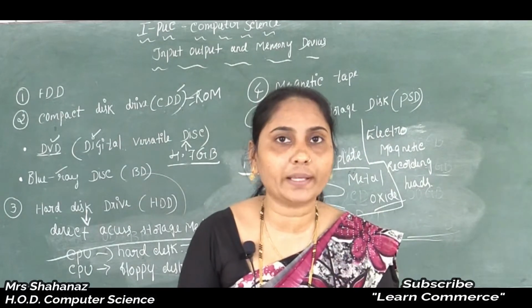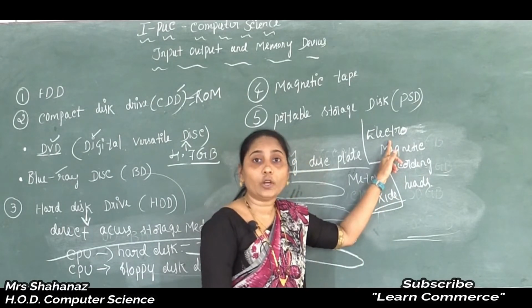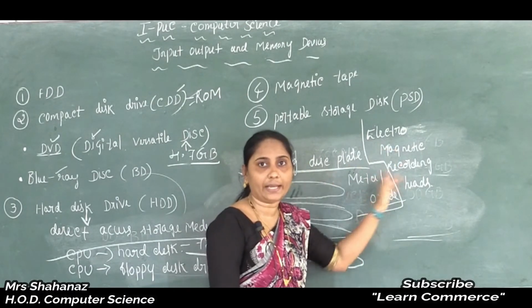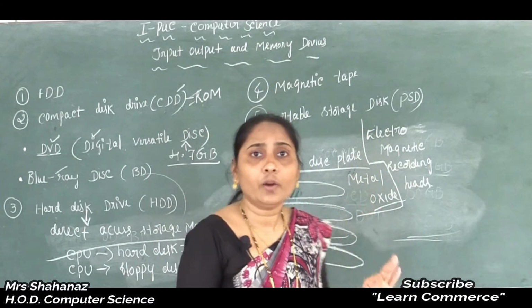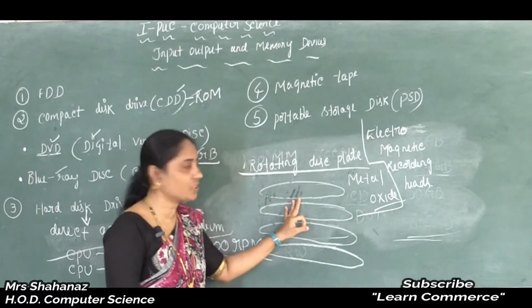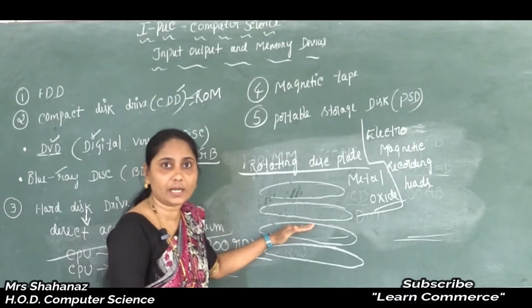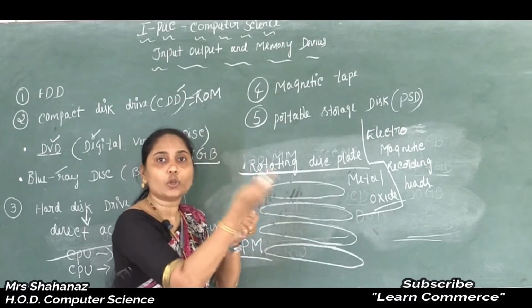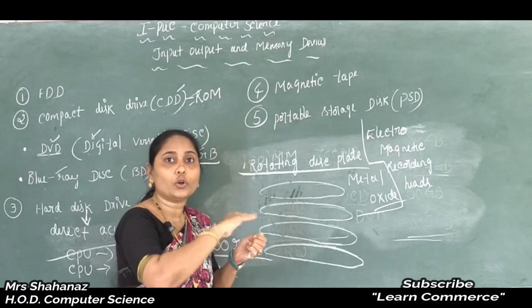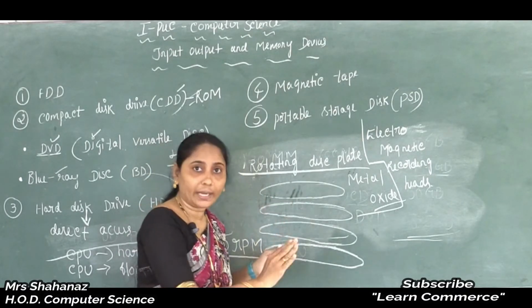So the electromagnetic recording head performs the read and write operations, each and everything. There is one head for each surface. Clear this point here. For every plate there are some heads, and when the hard disk is going to rotate, while accessing the data, while displaying the data, at that time the hard disk is going to rotate.